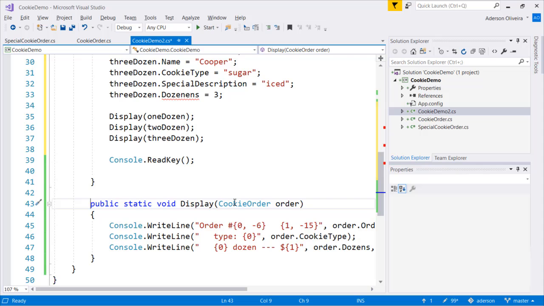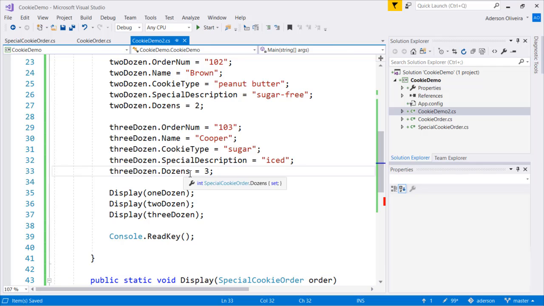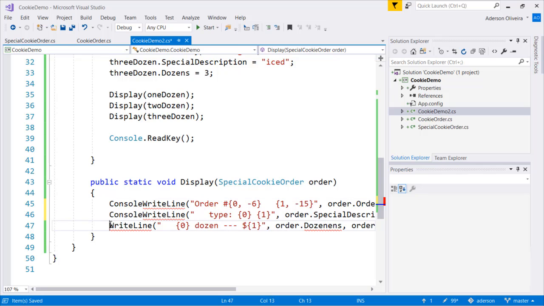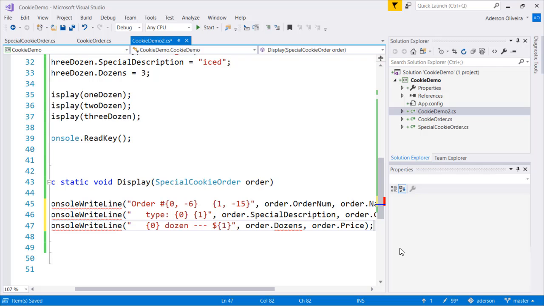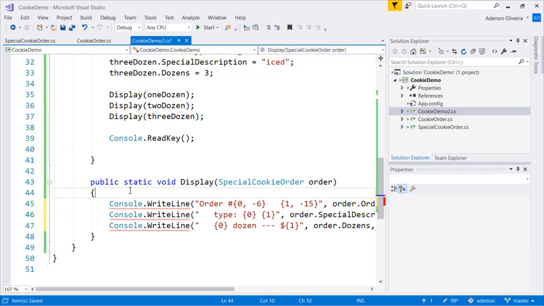So let's rename this, and I have fixed some mistypes there on the dozens. So now we need also to add this here, and here, and here, and dozens. Let's make this right. And now we are adding the special description to the output. Well, I'm bad at typing today. Okay, great. So console.writeLine. If we run this,